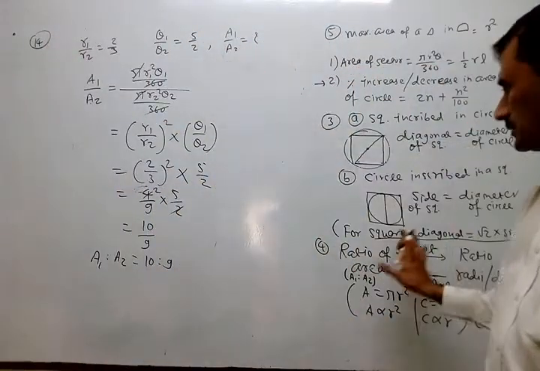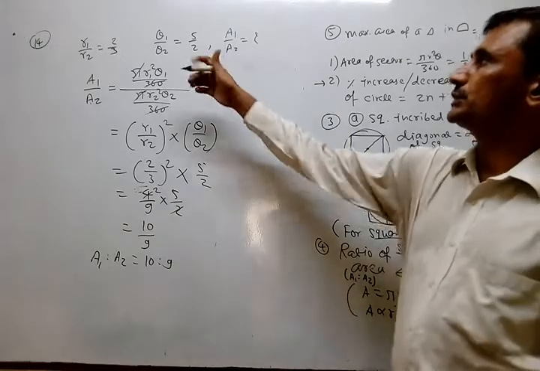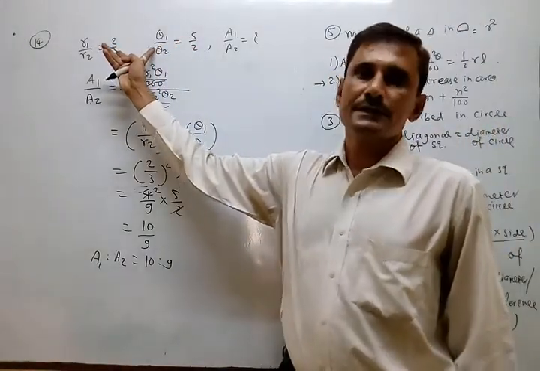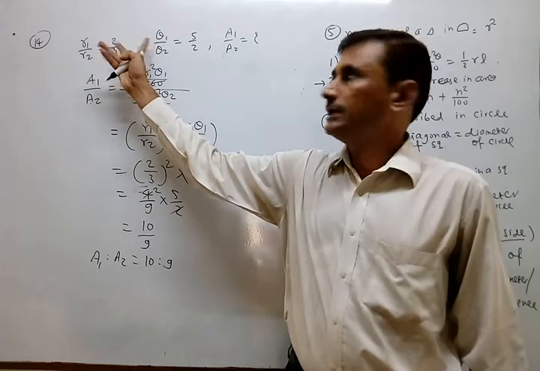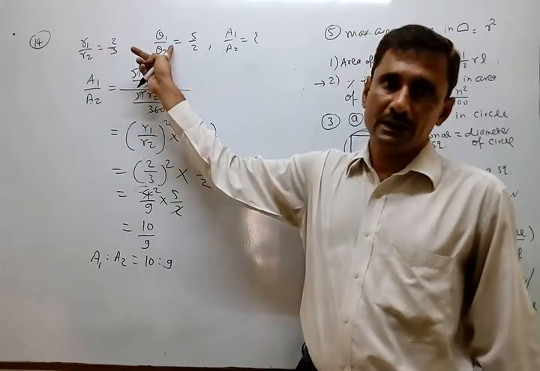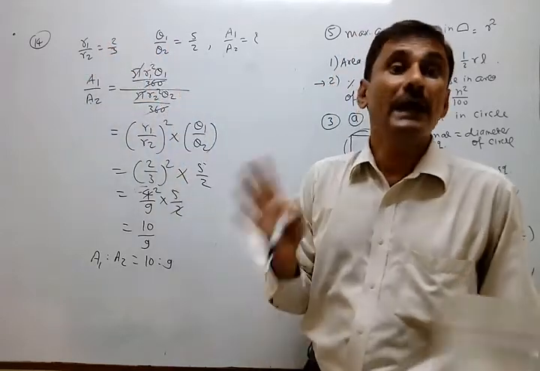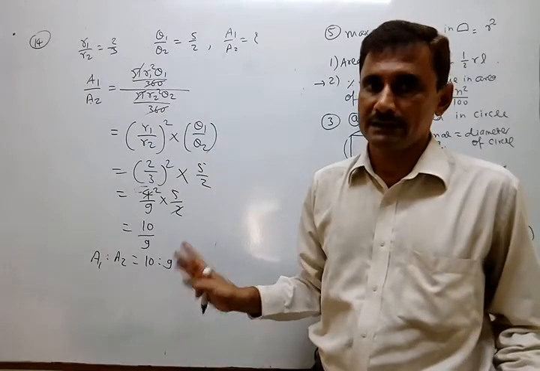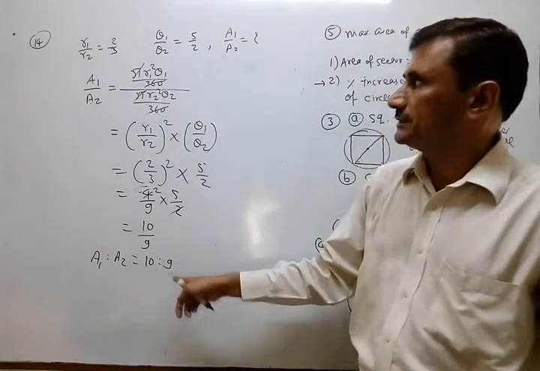Okay. Not a direct relation like a square root, because two quantities vary. One is the radius and another is the angle. So we cannot relate directly. Orally we cannot give the answer. Okay. So go through this.